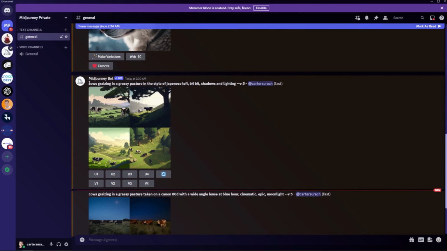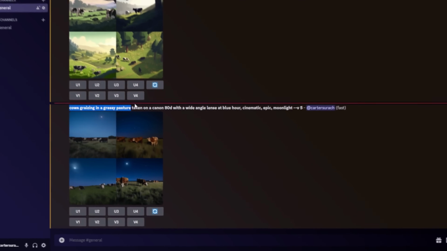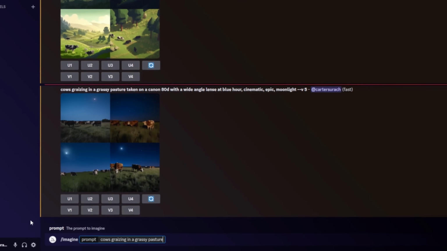So this one starting prompt, cows grazing in a grassy pasture, can turn out a whole lot different based on the styling of the image. Let's try a couple more prompts to get some different ideas of images we can pull from this initial base prompt. So /imagine cows grazing in a grassy pasture in the style of a 3D